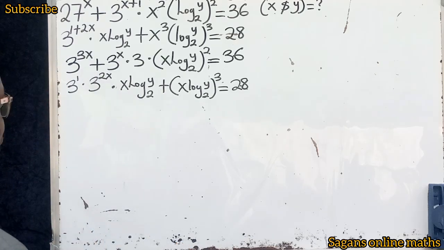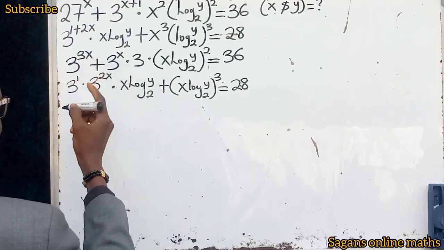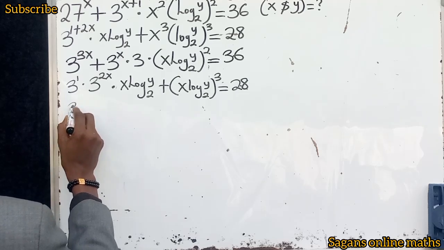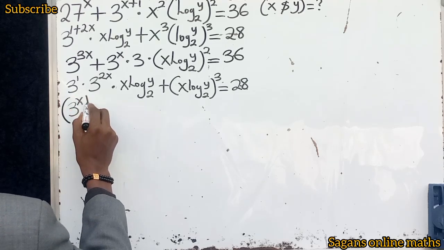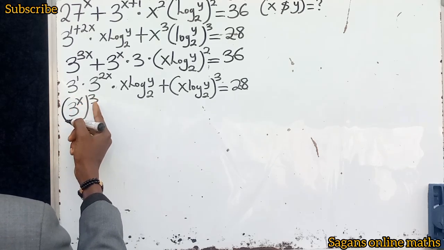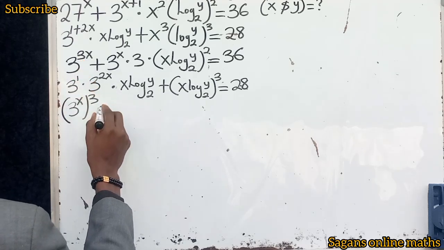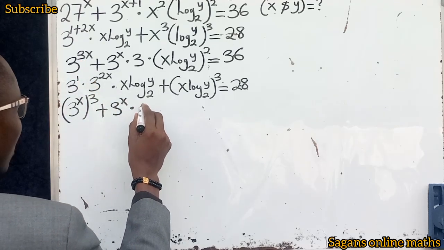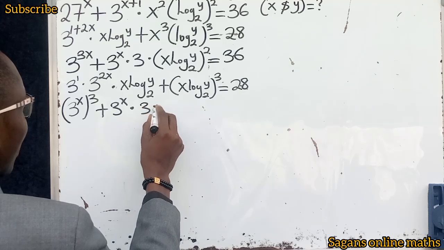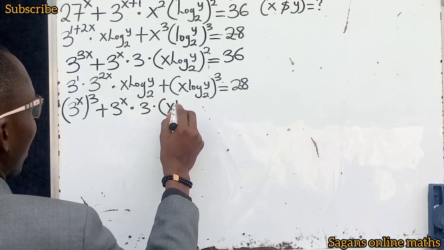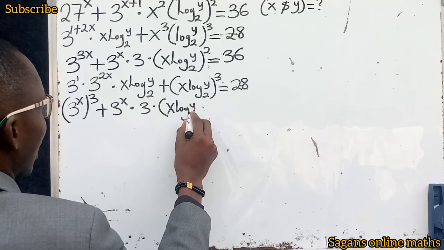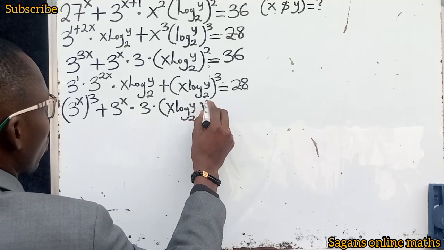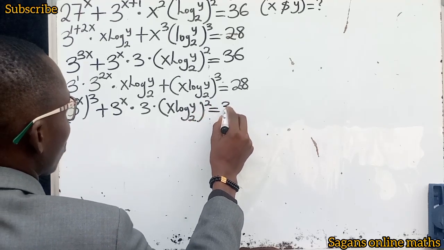But let's do something interesting here. We're having 3 to the power of 3x. We can also write it as 3 to the power of x all to the power of 3, because x times 3 is equal to 3x. Then plus 3 to the power of x multiplied by 3 multiplied by x multiplied by log y base 2 all to the power of 2 equals